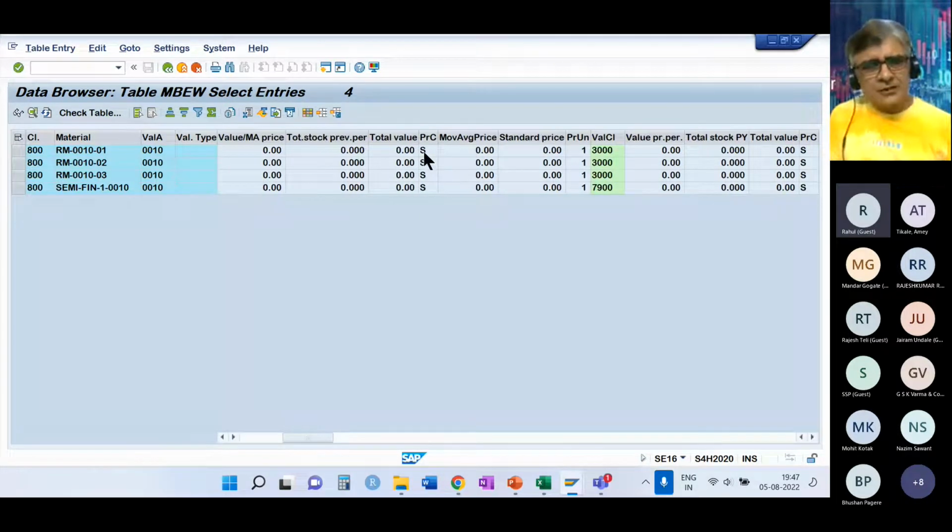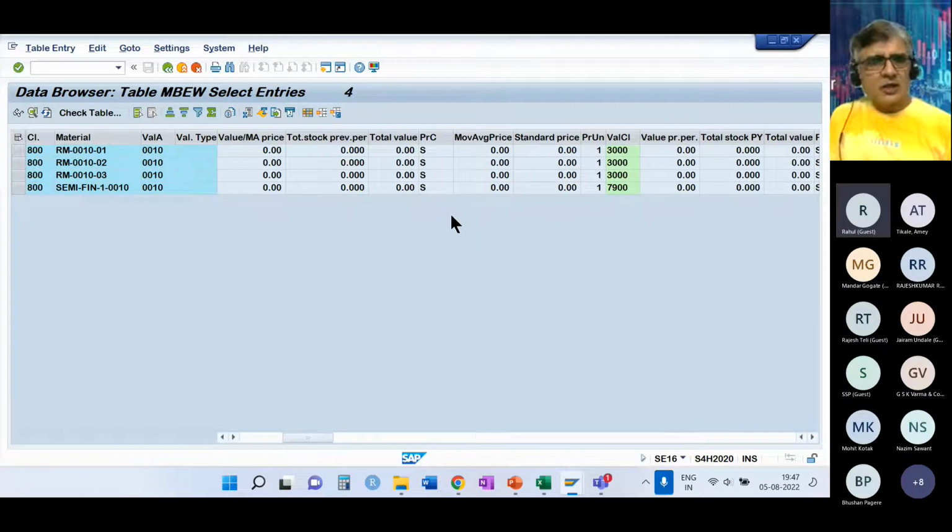Many of you would already be aware of the price indicator in SAP, the standard cost or the variable cost or the moving average price. So different companies have different strategies. In this particular company and the plant that I am going to use, I am going to take all the material on standard. Okay, and I have my purpose of doing this because SAP also has actual costing, which happens downstream after the production processes are over, on the month-end side. So when you have to do actual costing, SAP requires all the material to be on standard. So I've taken all of them onto the standard. This is my valuation class. 3000 is the raw material, 7900 is the semi-finished goods.